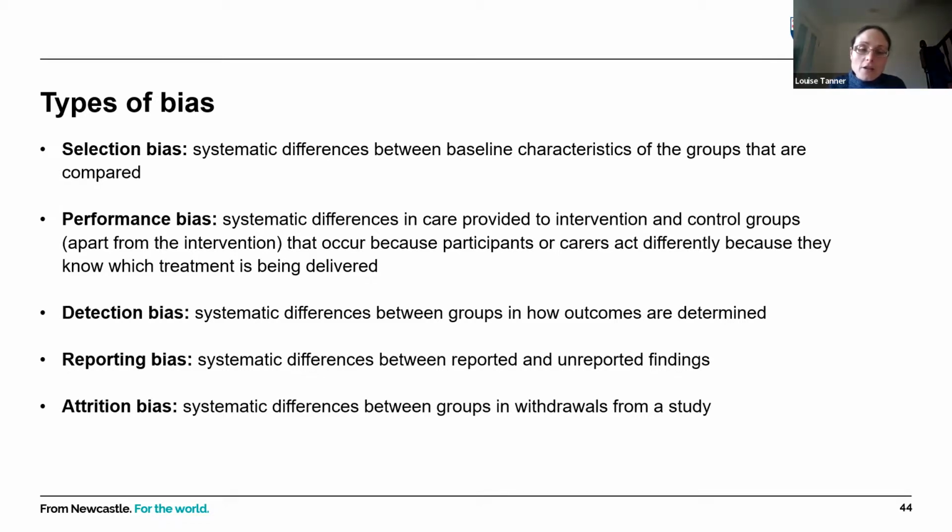And it's likely that not everybody from both groups will present at that follow-up assessment. Whereas at baseline the groups were well balanced in terms of their characteristics, age, and underlying health conditions, at the 12-month follow-up you could end up with one group who is older than the other, just because people have dropped out from both groups, and that has led to an imbalance in the age profile between the groups, and that could affect the outcomes. So attrition bias would be relevant in this example.